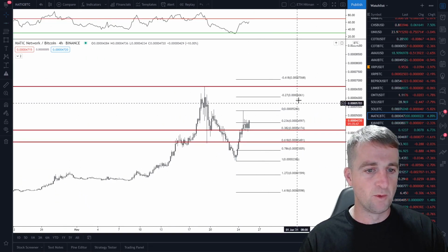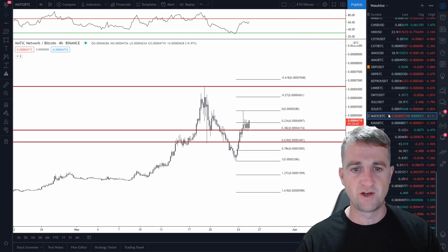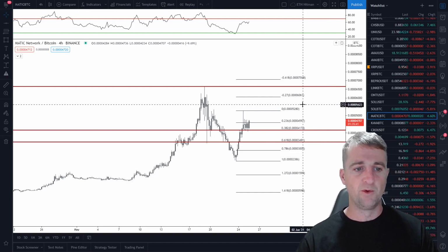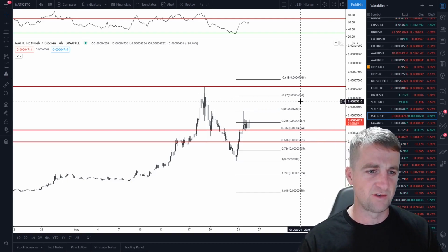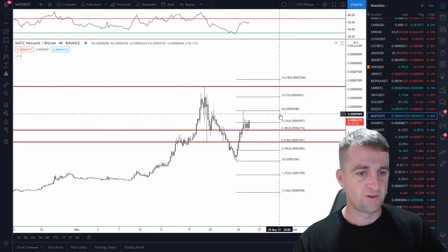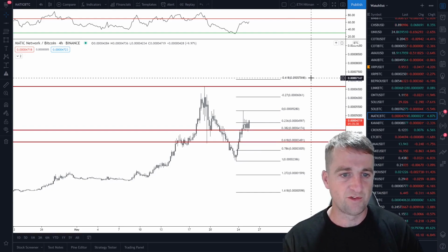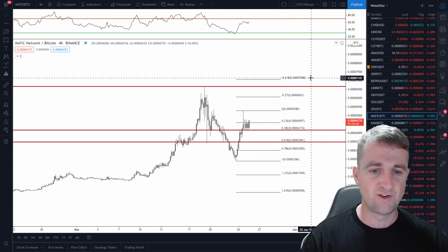What I will do is, once we do break above 6,000 sats, or whatever I said on the Tether pair, I will jump in with some further price analysis. I think it's around that region on the Tether pair too. So some buy zones there, some take profits on the way up, and then an ultimate target of 10,000 sats to take some major profit